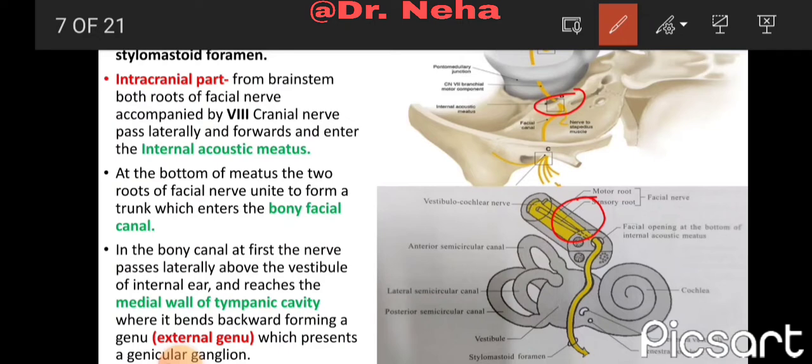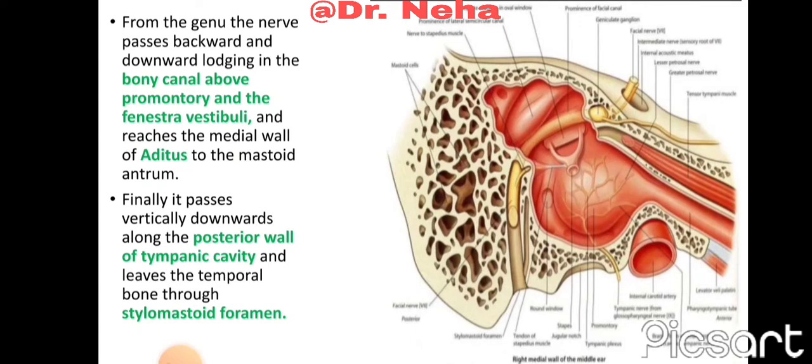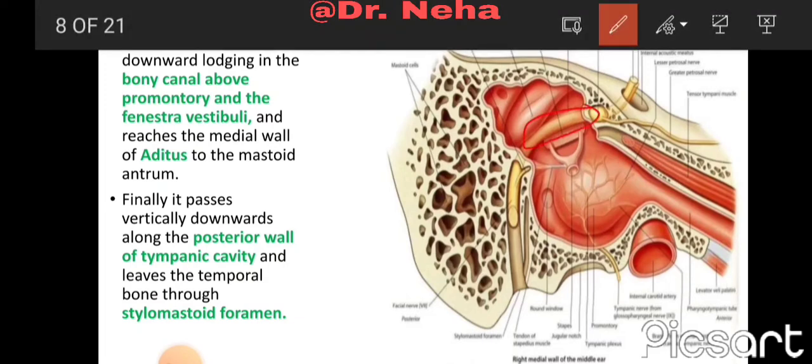In the bony facial canal, at first the nerve passes laterally above the vestibule. This is the vestibule of the internal ear, and it reaches the medial wall of the tympanic cavity, where it bends backward, forming the external genu. Genu means bend. So here the external genu is found, which represents the geniculate ganglion. Now from the genu, the nerve passes backwards and downwards, lodging in a bony canal above the promontory and the fenestra vestibuli. So here we can see again a bony canal which lies above the promontory. This is the promontory, and here we have the fenestra vestibuli on the